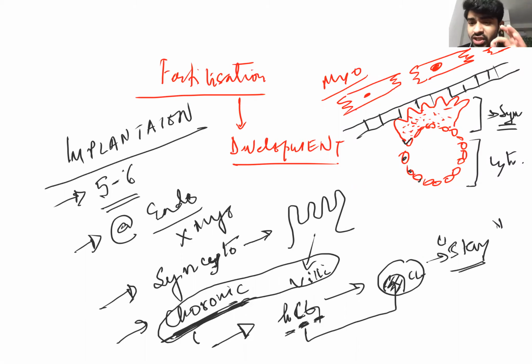Okay. Now the question is that HCG will tell the corpus luteum to stay for how many days? To stay for the next 3 months. Why only for the next 3 months? Not more than 3 months. So it will request the corpus luteum, please stay in my body. HCG will request, and only for 3 months, because why not more than 3 months?